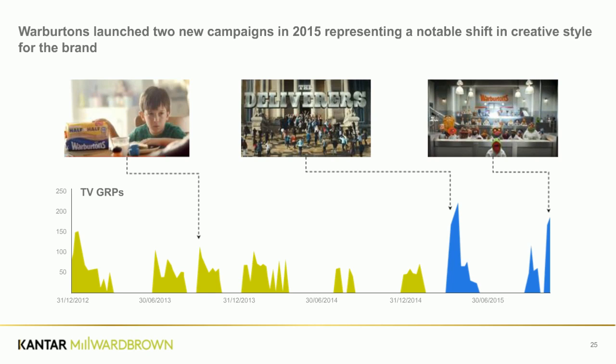But then in 2015, they decided to launch 2 new and slightly, should I say, wackier campaigns, which you'll hear more about in a minute, that were a dramatic change in creative direction. One was called The Deliverers and featured Sylvester Stallone as a bread delivery man, and the other was called The Giant Crumpet Show and featured the Muppets. And both of these new campaigns leverage humour, recognisable characters and well-known music, and were designed to be breakthrough communications that not only brought excitement to this category, but stood out across all categories.